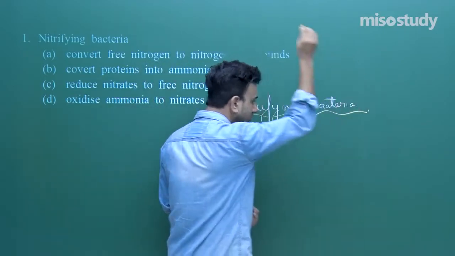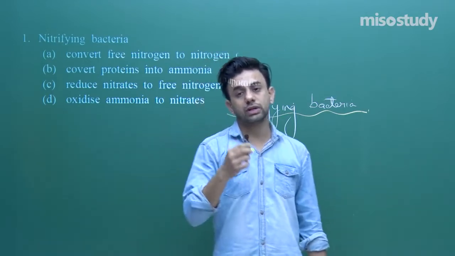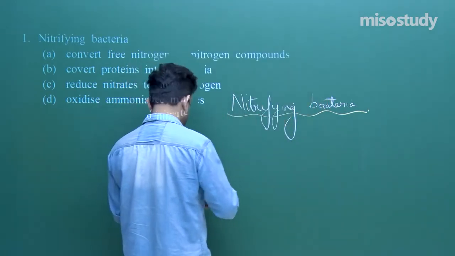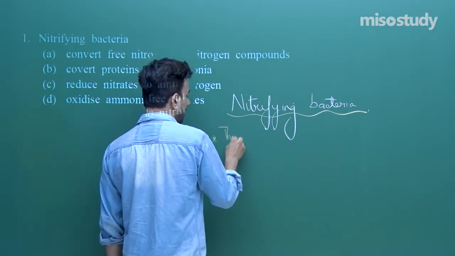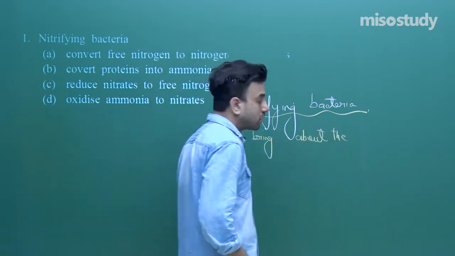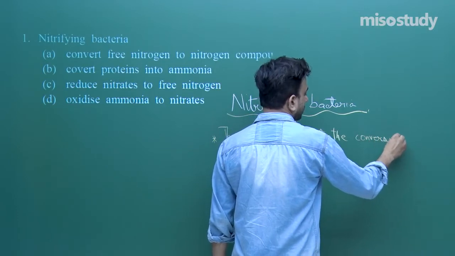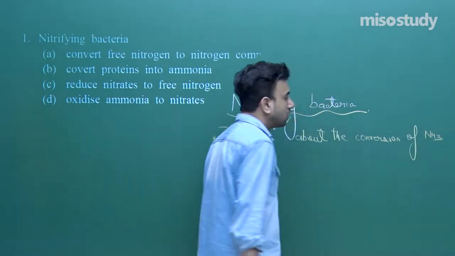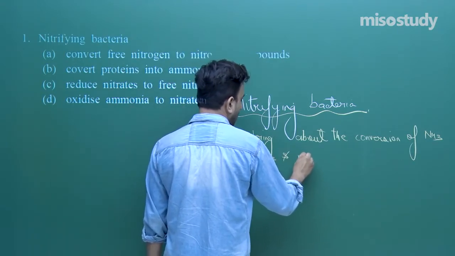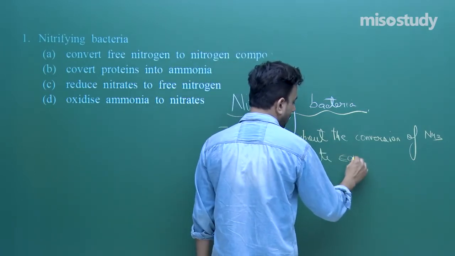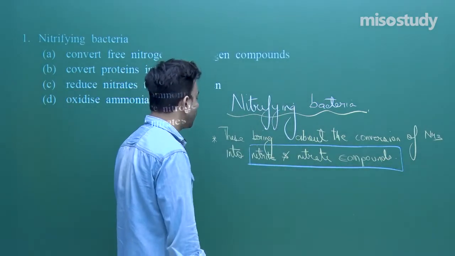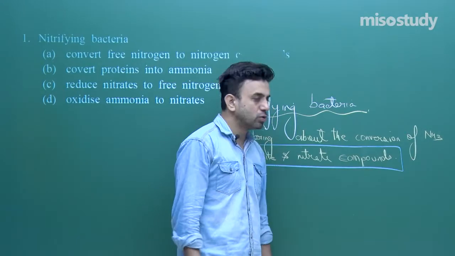Nitrifying bacteria. Now these nitrifying bacteria convert the atmospheric nitrogen, or you can even say ammonia, into nitrite and nitrates, right? These bring about the conversion of ammonia into nitrite and nitrate compounds. Okay, so what we see, these are the nitrifying bacteria,